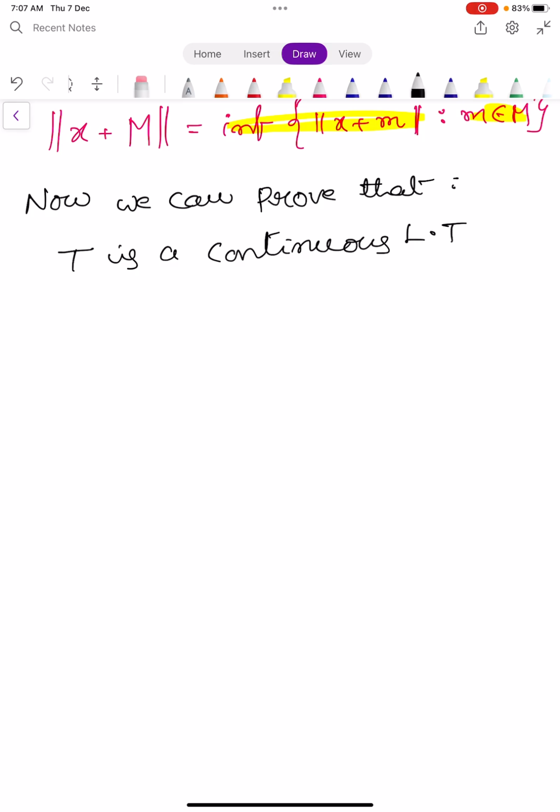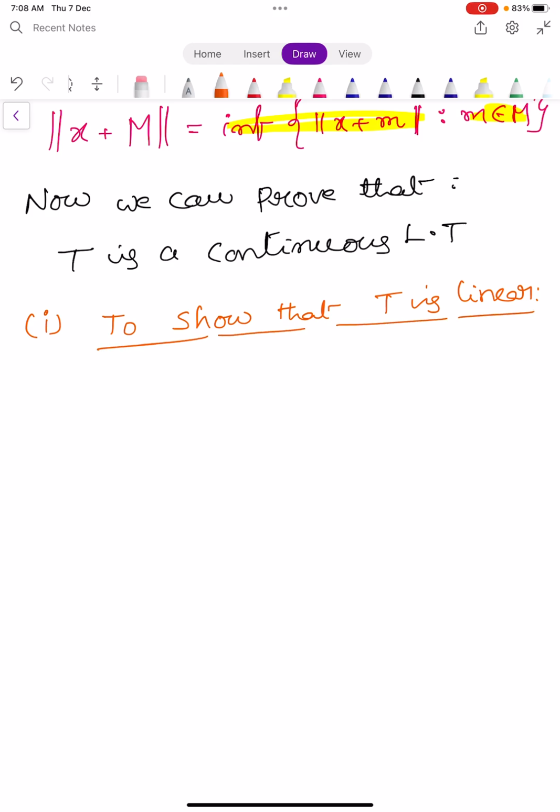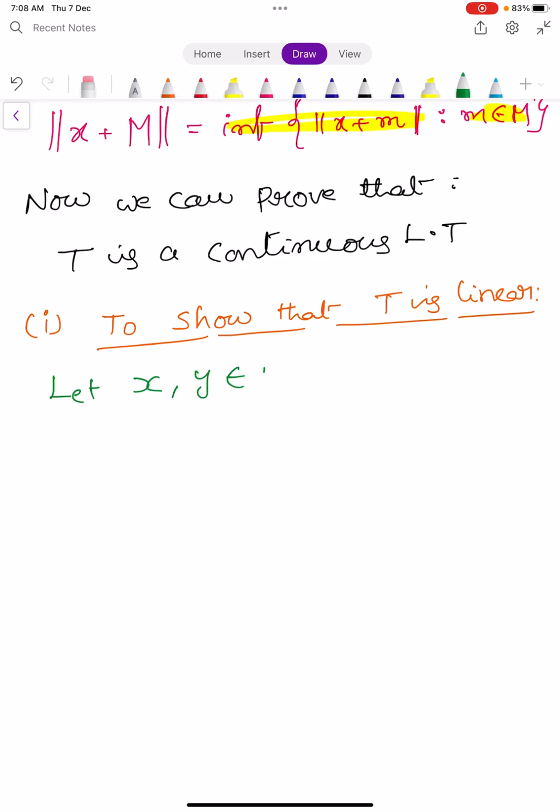First, to show that T is linear, let us take two elements x, y belongs to capital N and two scalars alpha, beta belongs to capital R, the field. Now T of alpha x plus beta y is equal to, what is the definition of